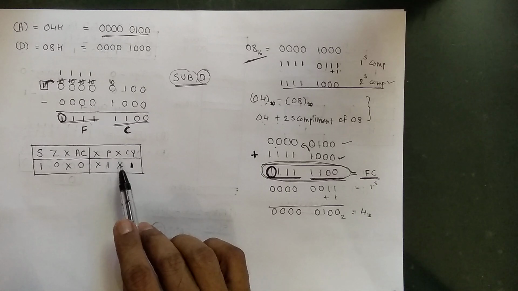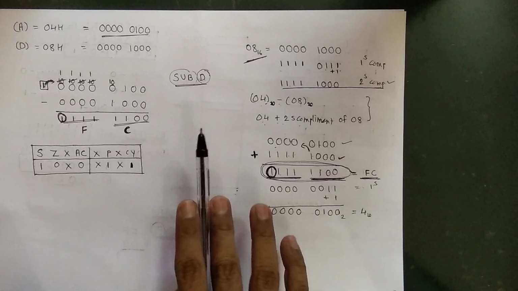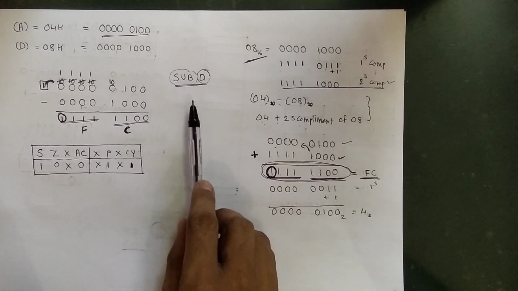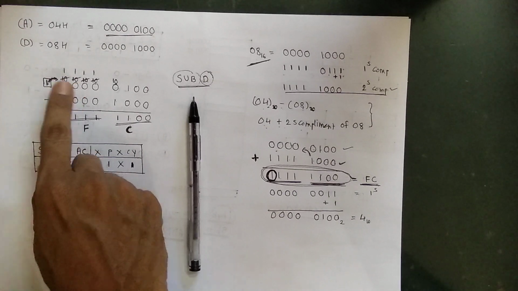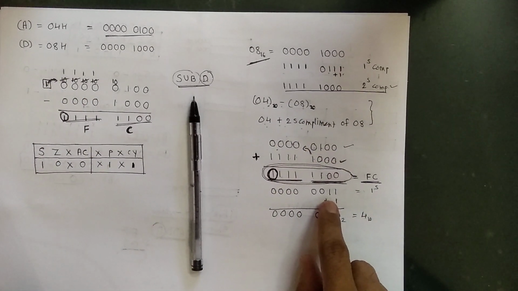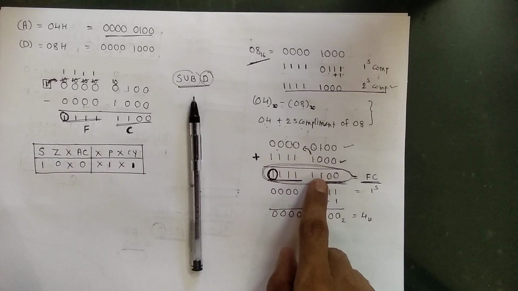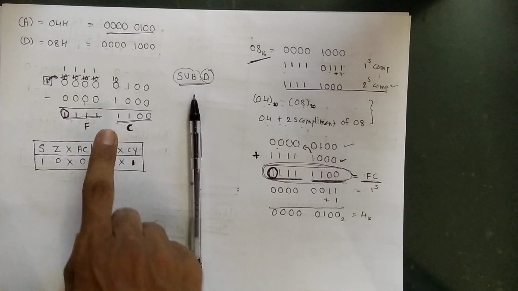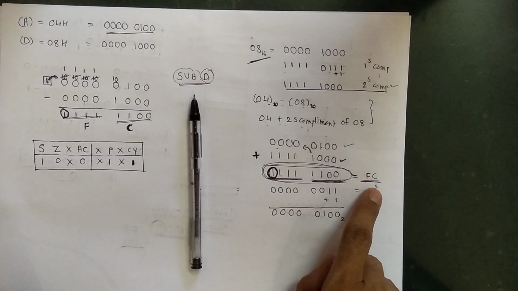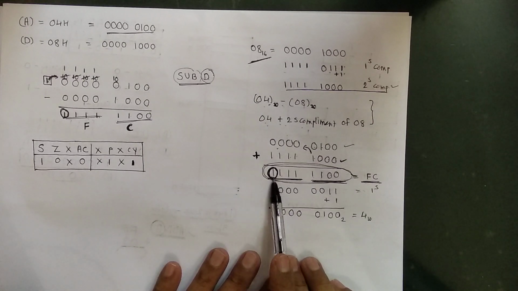This example of subtraction is explained with the help of two different methods: one, taking the borrow, and one with the help of 2's complement arithmetic. With both methods we get the same answer. Here the answer is FC, and here also the answer is FC. But here 1 is there at the most significant bit. It represents that the answer is negative and it is in 2's complement form.